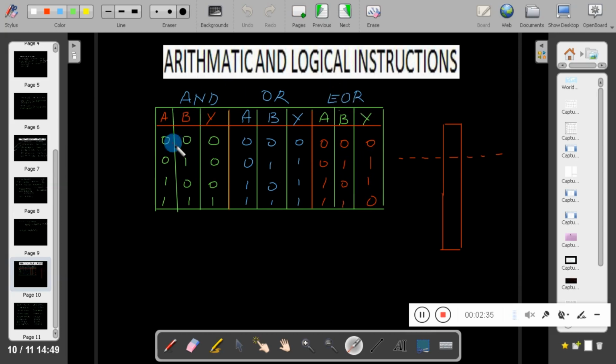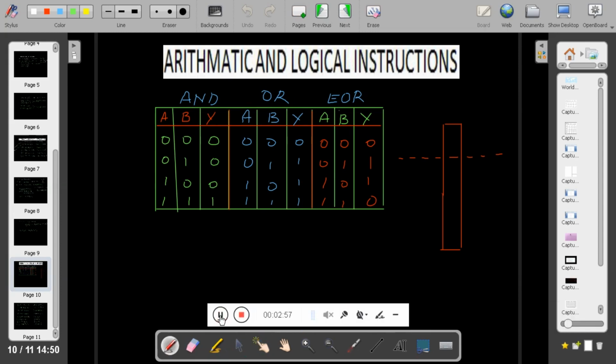Now, what is the use of this operation? Suppose I have an 8-bit register, bits 1, 2, 3, 4, 5, 6, 7, 8. In this 8-bit register, I want to make a particular bit equal to 0 and leave the rest of the bits as they are. At that time, if you AND that bit with 0, you will get the output 0.